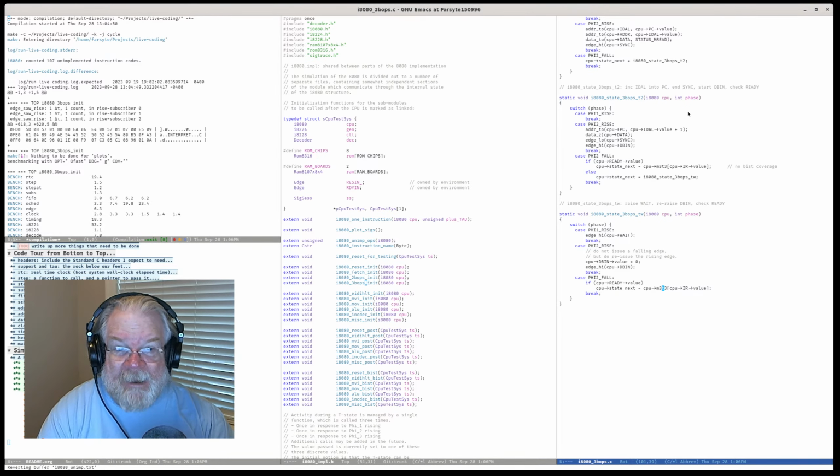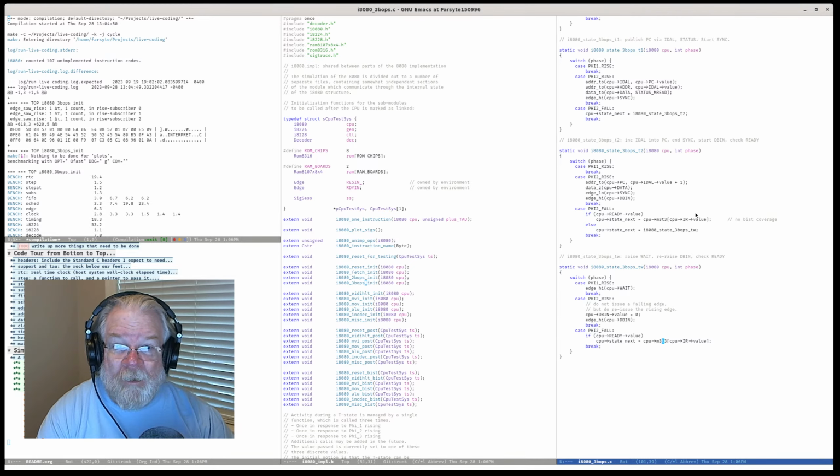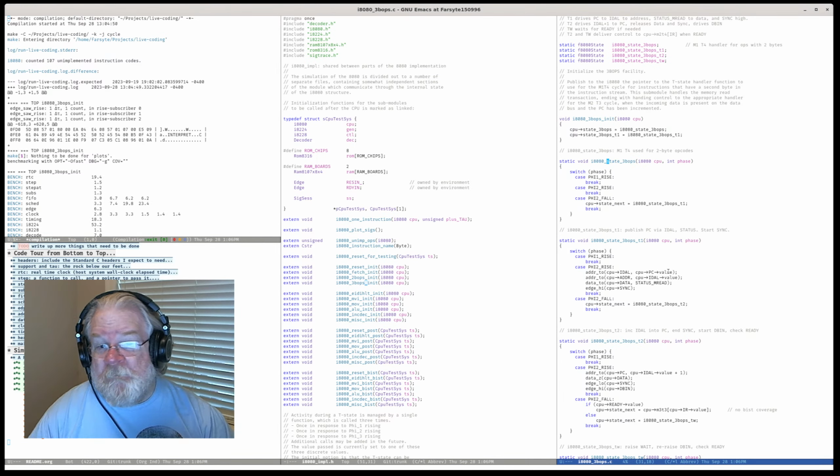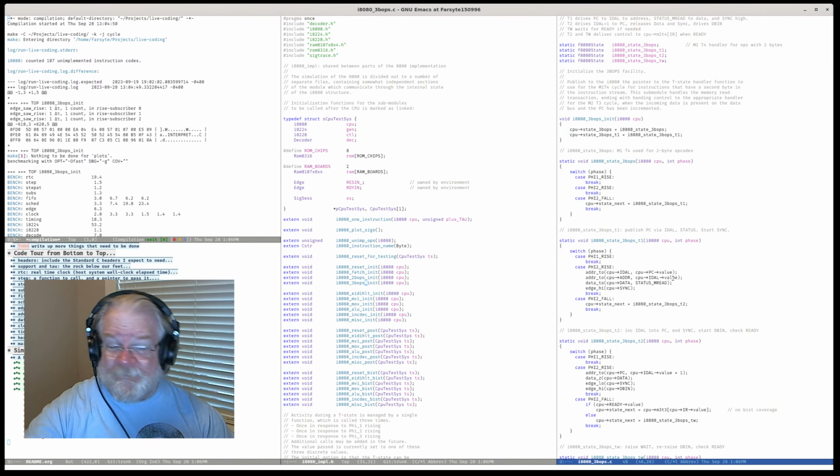So this gives us now the 3 bops, which we can call up, and we can either say, do state 3 bops, which is going to be the last T state of the second machine cycle, or having done something in the last T state of the machine cycle, we can actually just call up state 3 bops T1 for the T1 of the next machine cycle as we wish.